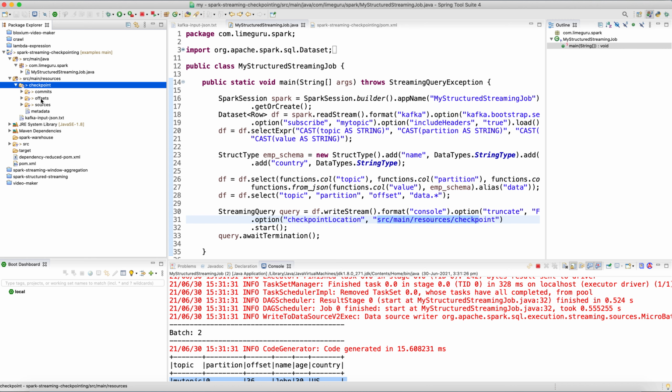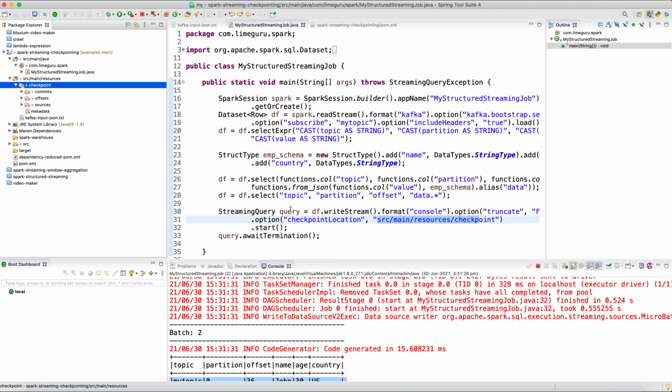So Spark does the offset management internally, so that whenever the Spark job comes up, it knows where it has to start from. It will not start from the latest message, it will start from the message where it ended last when your Spark job went down. So this is a good feature.